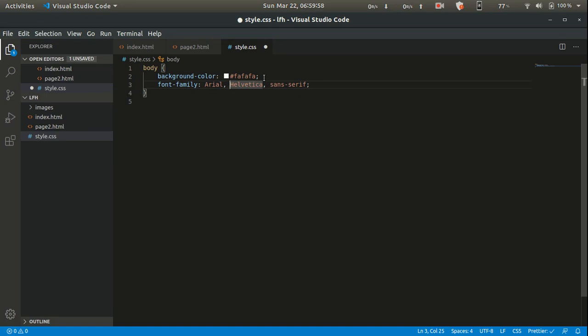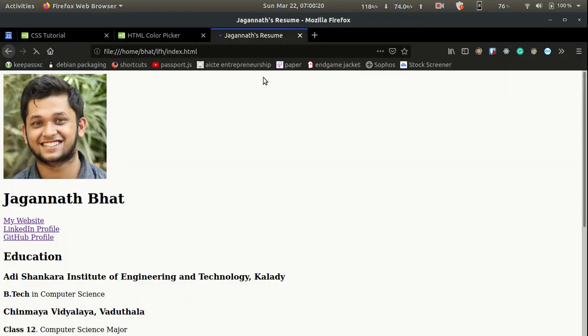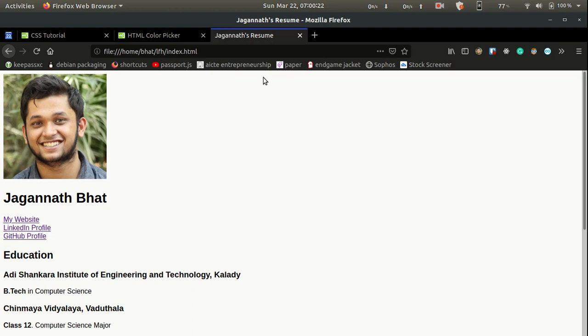So the font that you are applying in the CSS should be there on the person's computer, or you should provide that font file. I'll talk to you about how to add these font files later, but let's just use these pre-existing fonts for now. So I change that, we change the font. So yeah, now